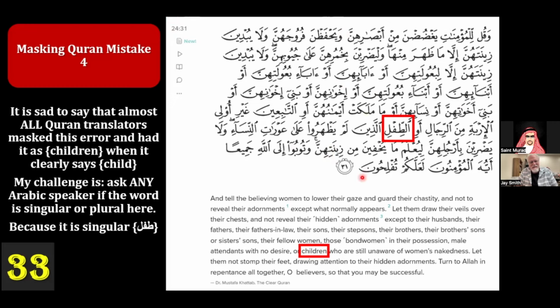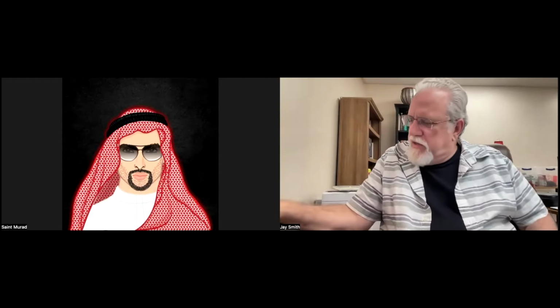Yeah, so these are the masking Quranic errors category, and I will get back to you now. Here are four examples of mistakes that you have come up with, and these are ones where we need to ask why would they do this? What's the purpose? If it is a mistake, and it's there in the Arabic as a mistake, then for heaven's sakes,